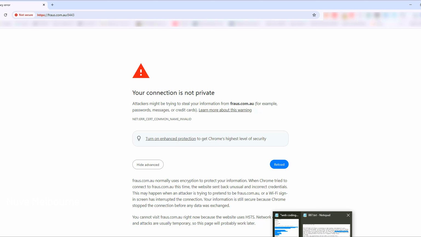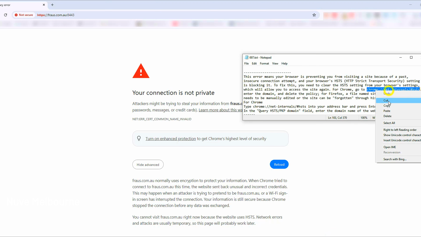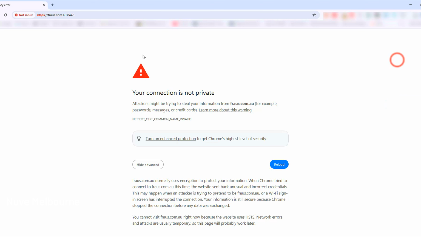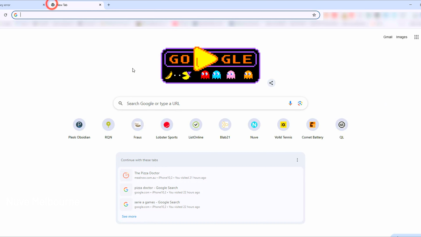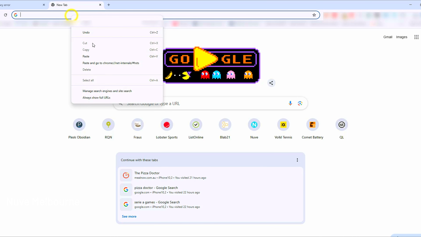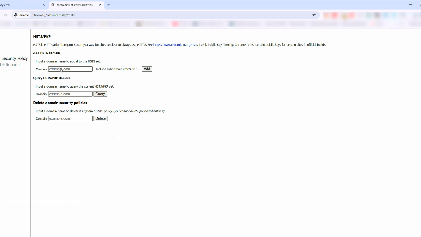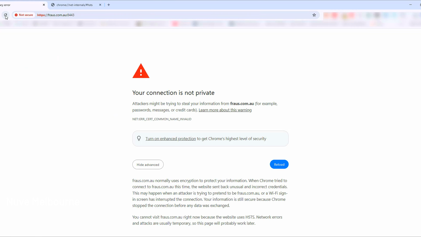So what you will do is go to Chrome. I will post this in a message below, in the description, sorry, and paste, click enter. Now in there we're gonna put the website, actually here, and delete. Now we go back to the page, refresh,